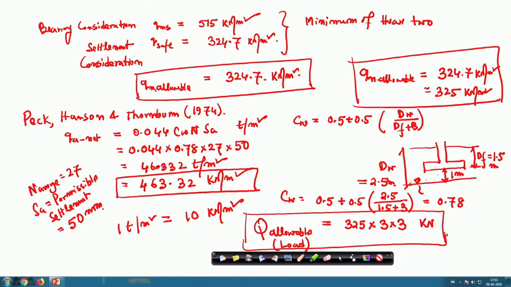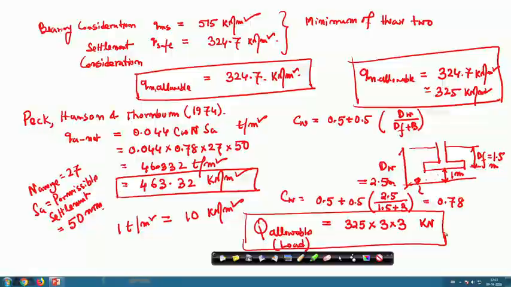Okay. So, this is the design of an isolated footing resting on sand, and we have designed it based on the N value, because it is on sand. In the next part, I will design an isolated footing which is resting on clay. Okay. Here it is on sand. Next one, I will go for an isolated footing resting on clay, and then I will design a raft foundation which will also be resting on clay.